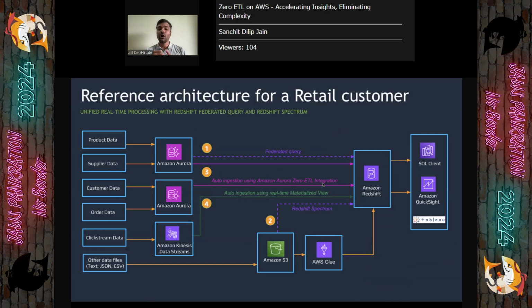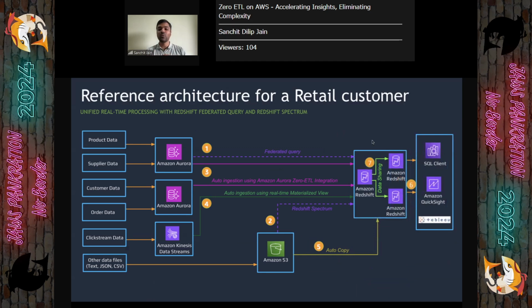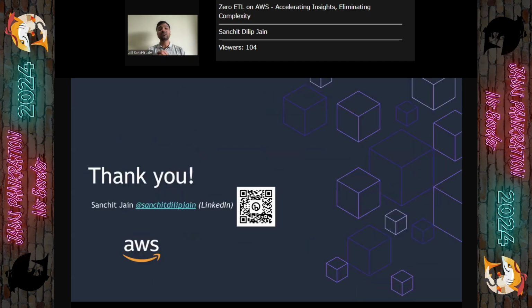Then they also provide auto ingestion, real-time materialized view directly from Kinesis. So if you have any use case of fraud detection, real-time data processing, or visualization, you can now get Kinesis, Kafka, MSK directly putting the data to Redshift, and you can do visualization. With auto copy, they removed Glue from copying the data from S3. Redshift ML for machine learning. And now they provide data sharing. If you have different teams, you can share the data for marketing, for your data engineering, for your legal compliance, for your procurement team. And that's how they simplify the architecture for the same e-commerce website.